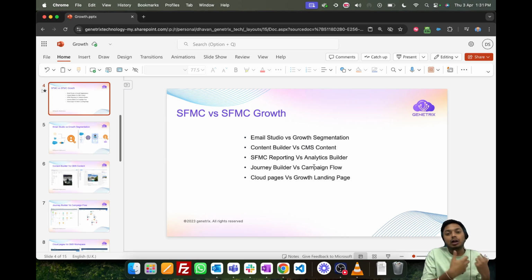So how it was in Marketing Cloud Engagement, it's Email Studio, but in Marketing Cloud Growth it's different. It's called segments, which is basically Data Cloud segments, right? How we have Content Builder in Marketing Cloud Engagement, what it is in Growth. There is reporting in Marketing Cloud, how it is in Growth. There are Journey Builders, what is there in Growth for Journey Builder. There are CloudPages, so what is there in Growth? How you create the same CloudPages in Growth, right? So I'm comparing things